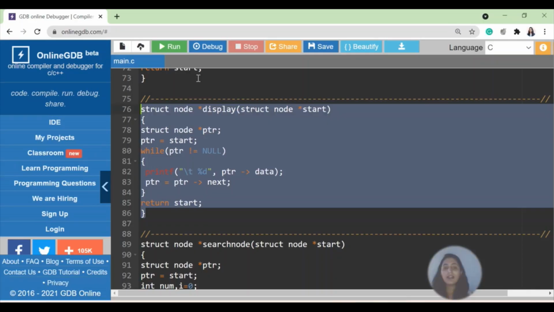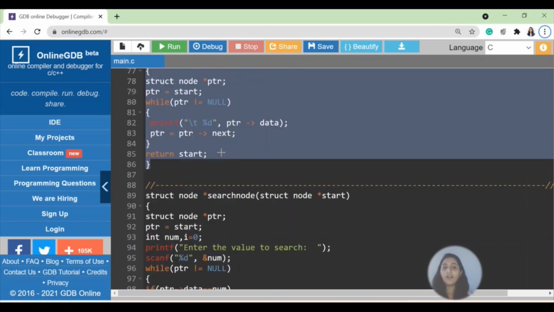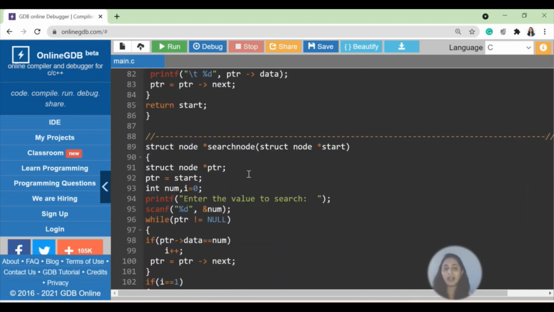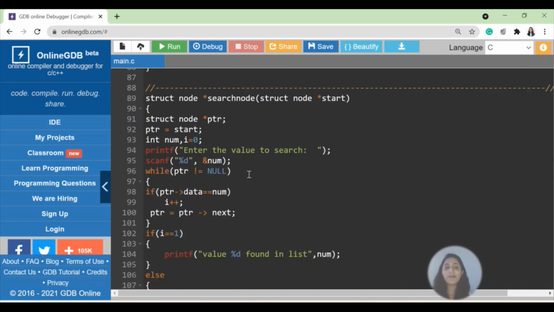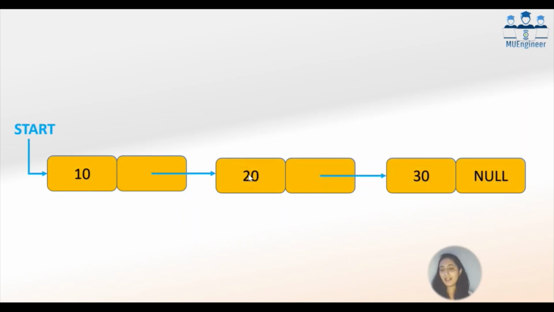Now we will go on to understand searching a node. So to search a node, this is the function. If we have understood the display function, search node is almost similar, so not a big deal to understand this. Okay, so let's see this. I want to search a node and this is a linked list which is available with me. So what will I do? Okay, if for example I want to search a node which has the value 30, again I will make use of the ptr variable. ptr will first of all start pointing to the first node of your linked list.